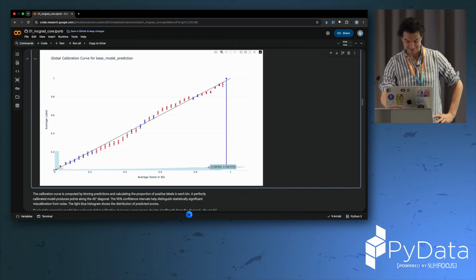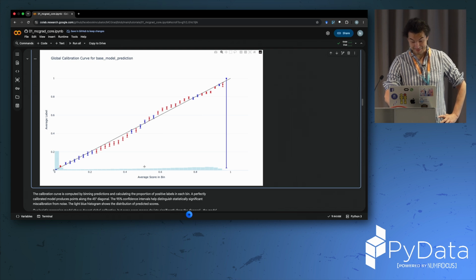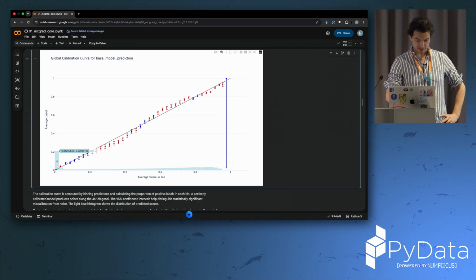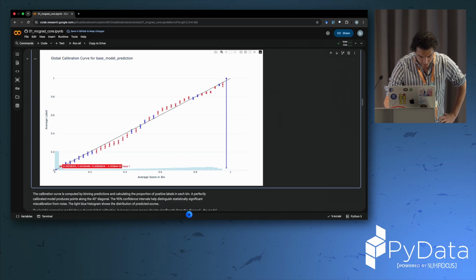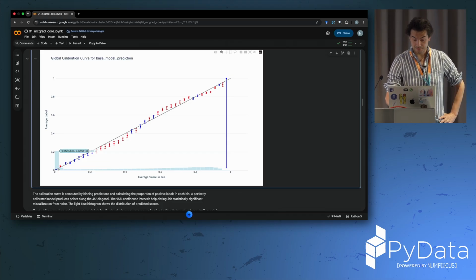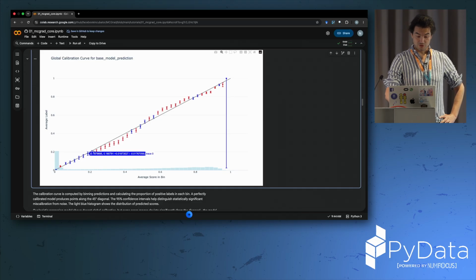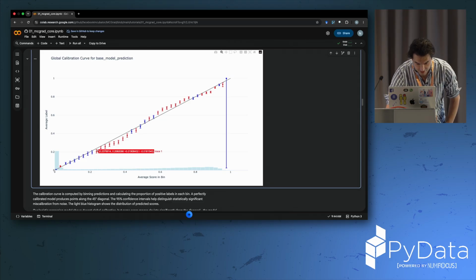All right, that seems to be it. So here in the back we see the distribution of the data. We see most of our predictions are between 0 and 0 point something very low. For each group we can see what was actually the average of the label. So in this case, in this group,